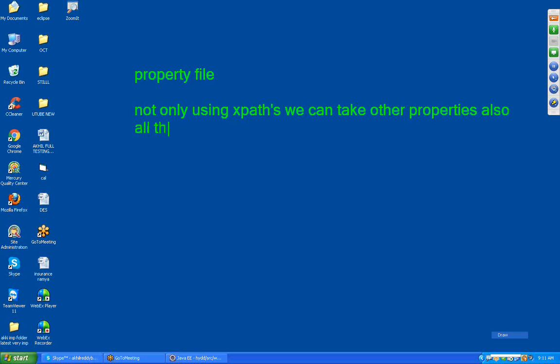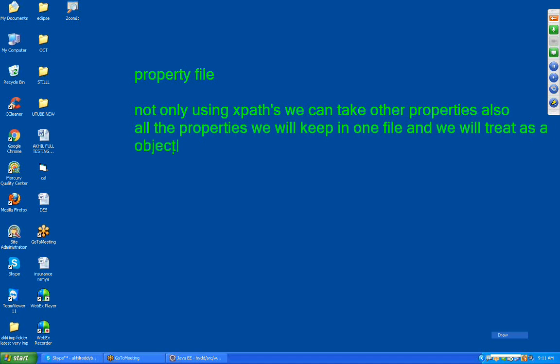All the properties we will keep in one file, and we will treat it as an object repository.